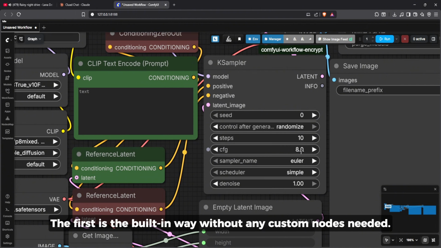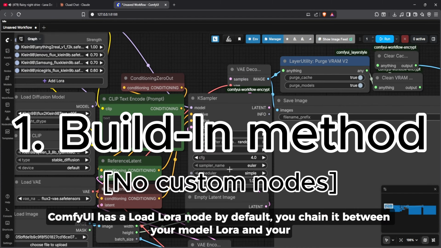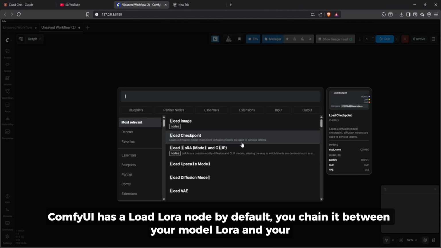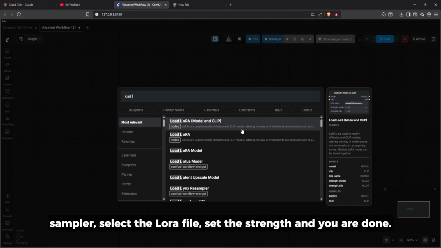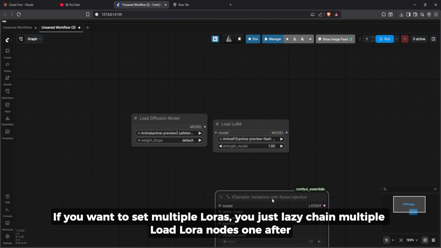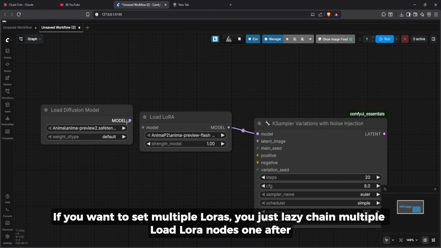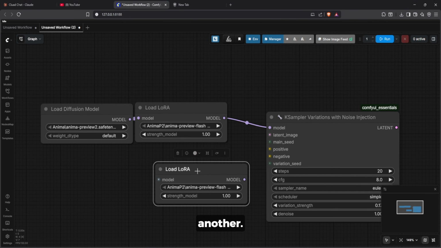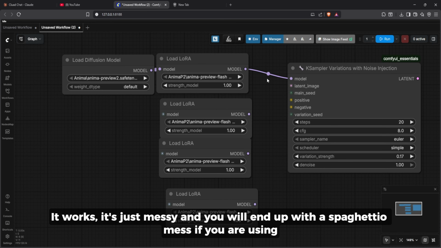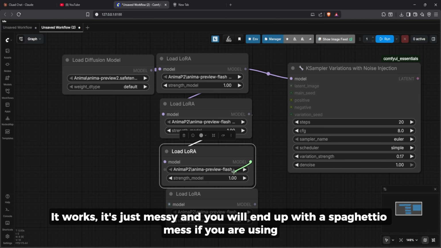The first is the built-in way without any custom nodes needed. ComfyUI has a Load LoRA node by default. You chain it between your model loader and your sampler. Select the LoRA file, set the strength, and you're done. If you want to stack multiple LoRAs, you just daisy chain multiple Load LoRA nodes one after another. It works, it's just messy, and you will end up with a spaghetti mess if you're using a lot of